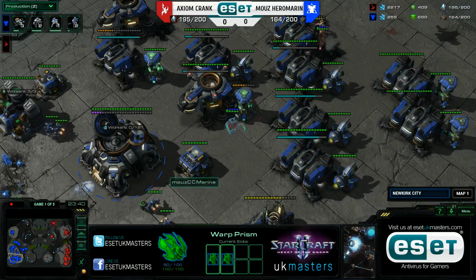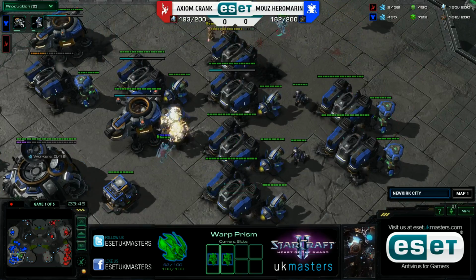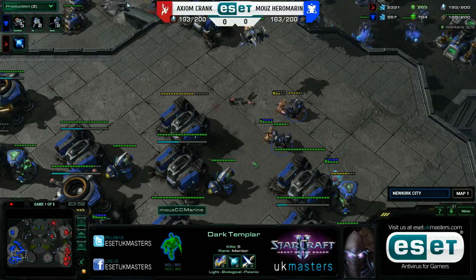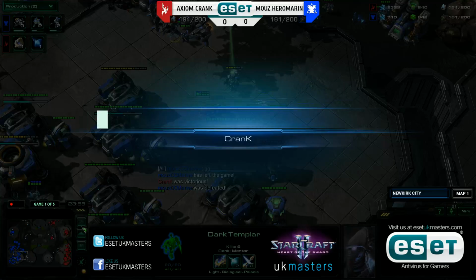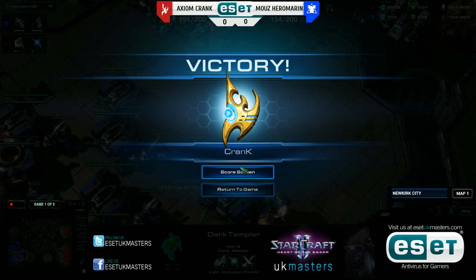Going to be taking out some reactors, taking out some add-ons, and even taking out a fair bit of bio here. It's actually doing a really good job there, because there was no detection. The DTs are still running rampant. The Zealots are still doing damage to Marauders left and right. And GG gets called by HeroMarine. He realizes he's too far down and throws out the GG. He couldn't deal with the harass. The Zealot Templar that CranK was throwing his way were just a little bit too much for the poor HeroMarine, and he has